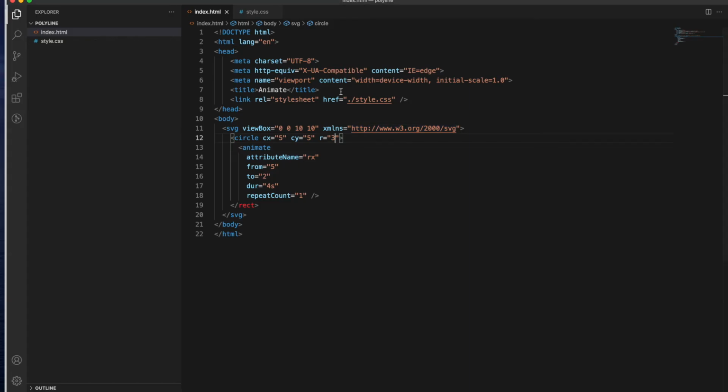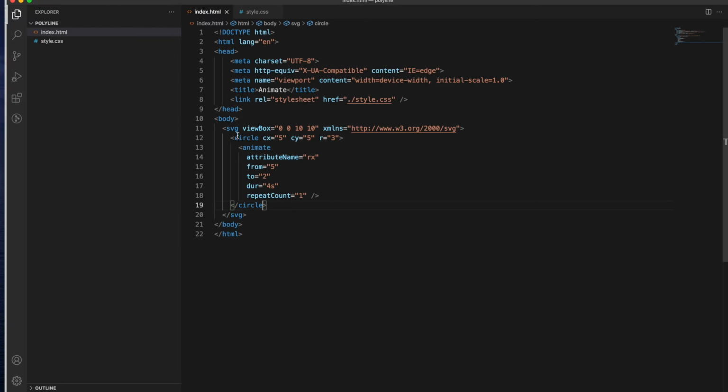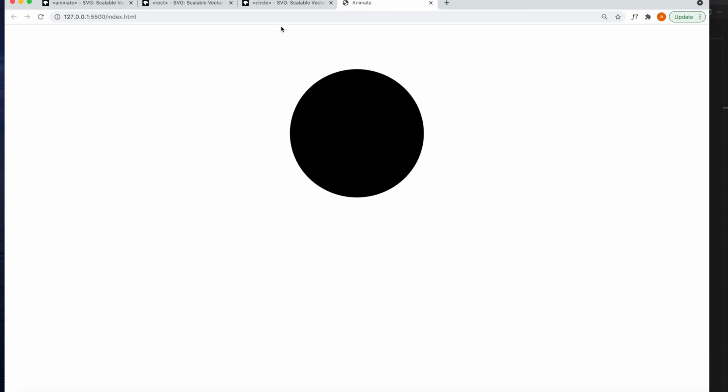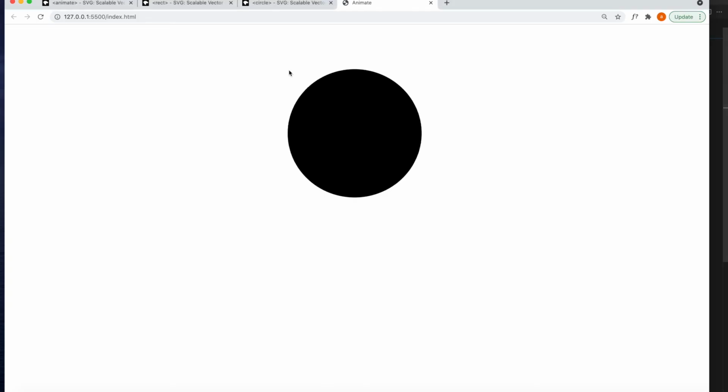First of all, we have the wrong syntax, so nothing will happen, because animate takes an attribute to animate, but circle doesn't have Rx. So let's make cx from 5 to 2. So what is happening? Nothing, because we spelled it wrong.